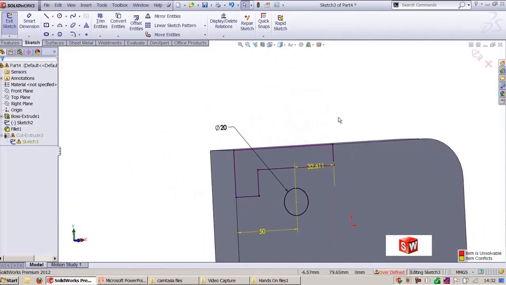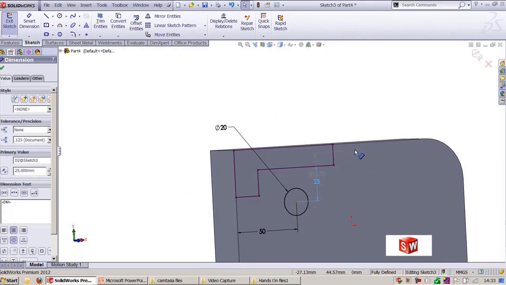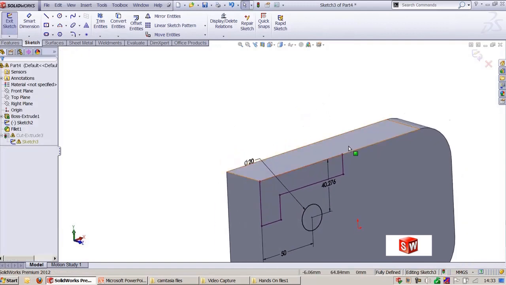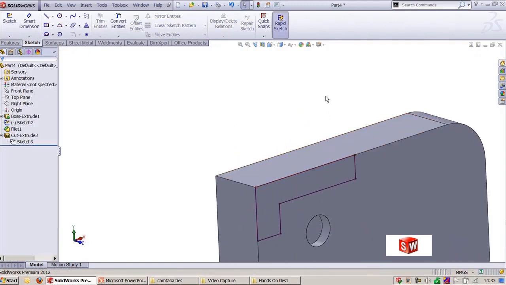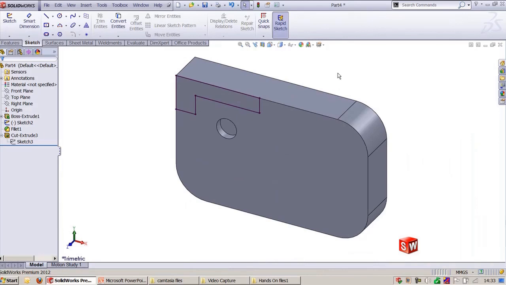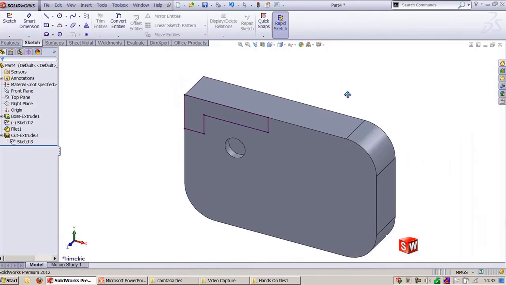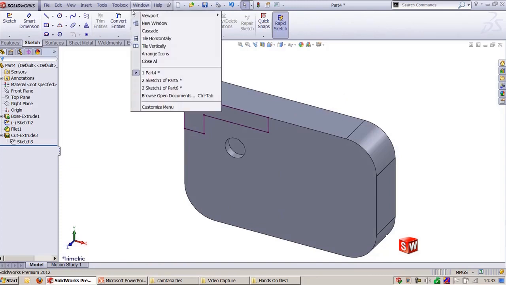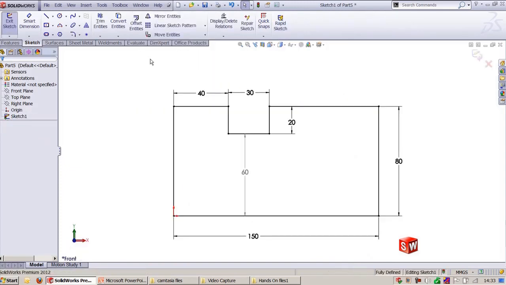Still I didn't refer it properly. Once again I refer this dimension, this red color I want to locate with respect to this sketch. Yes, I had referred properly. Okay, here now the hole is located as per our requirement. This is dangling dimension. And next let us look into one more thing, that is gray color,